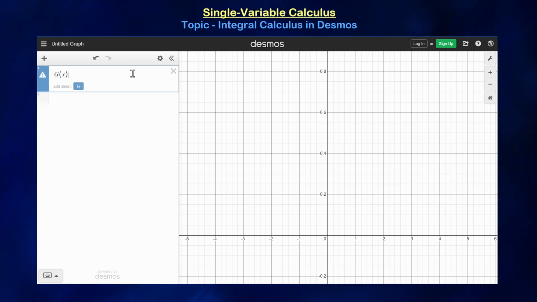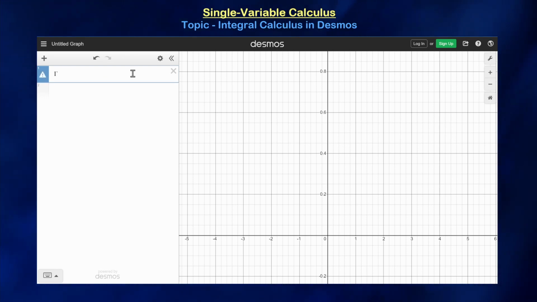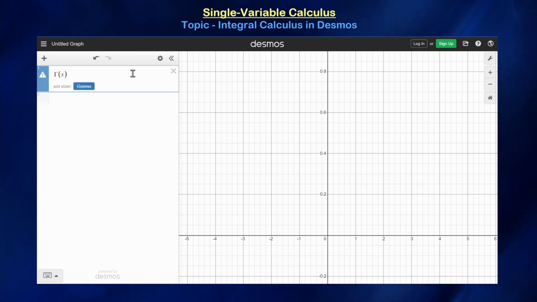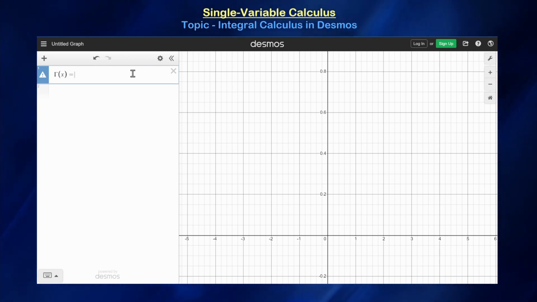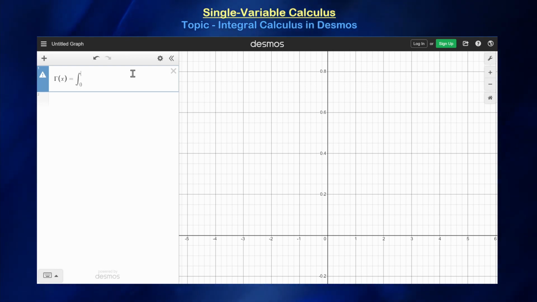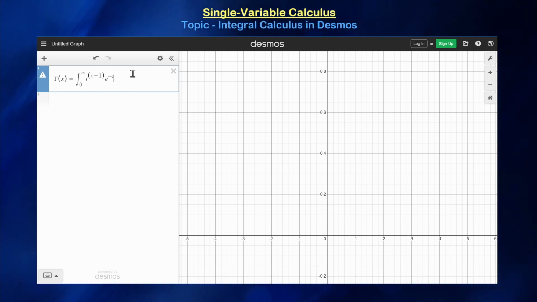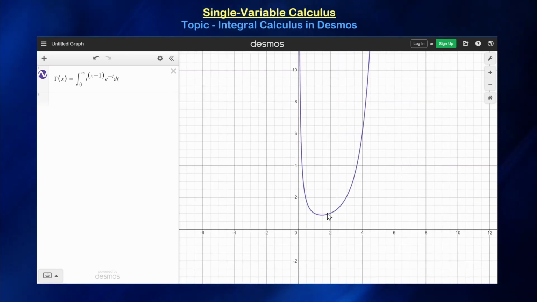You can use capital G of X just to represent the gamma function, at least temporarily. As long as you know what capital G stands for in terms of the gamma function, then all is well. But I'm going to be using the formal representation gamma of x just so that there is not any confusion. So you can define the gamma function in terms of its improper integral form, in particular the integral from 0 to infinity of t to the power x minus 1 times e to the minus t dt, and it will eventually graph it, right? So as you clearly see, here is my gamma function, and there is its unique minimum located at x is equal to